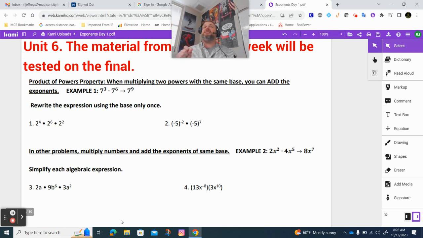Today we are doing something I think most of y'all can do. Today we are multiplying and adding. And if you have issues with either of those, please get a calculator. Okay, so